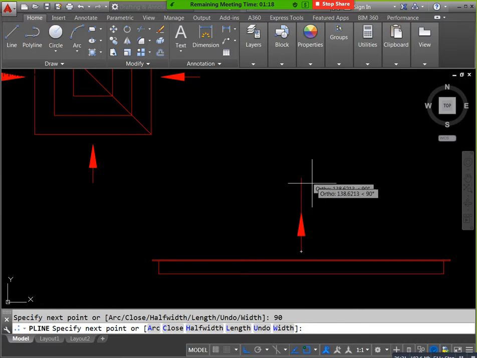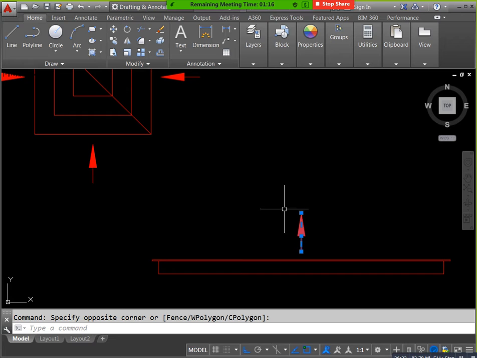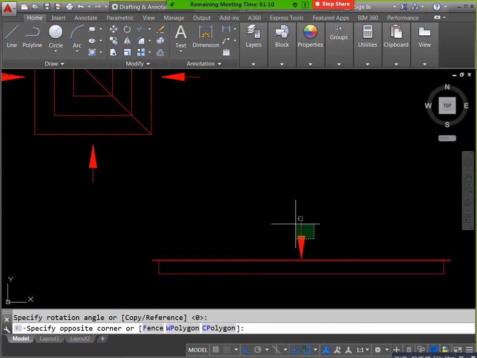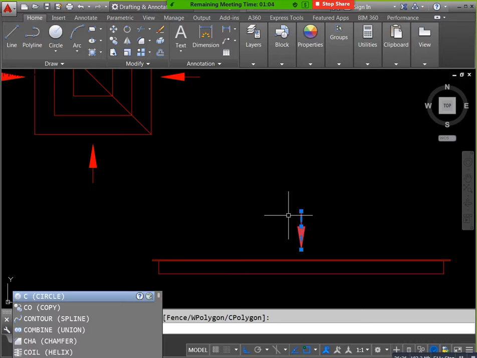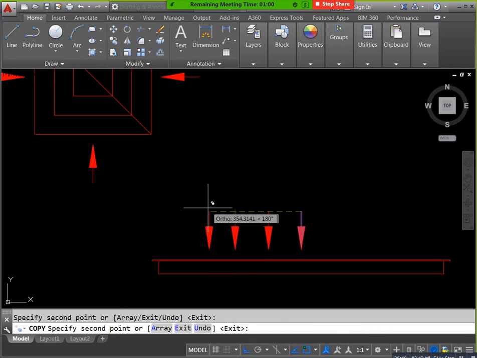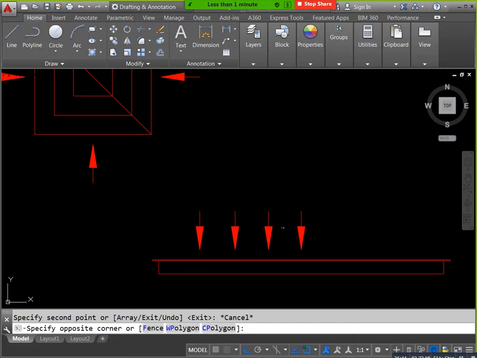Okay, now you can select this one, copy. How many you need? This much. Okay, now you can select this one, mirror, MI. This is our return. If you need supply, just you can copy this one and you can edit into supply layer. Okay, easily. Okay, just we have less than 1 minute. I will just you can see.